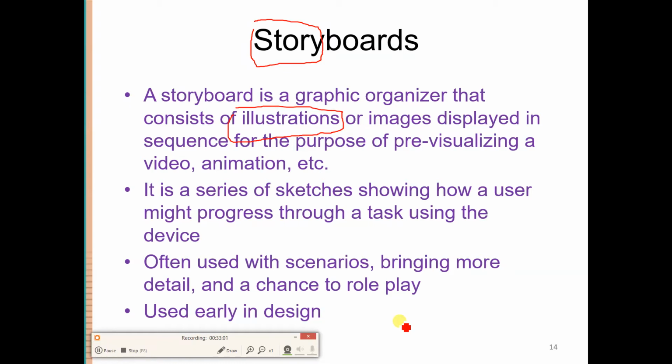First the user maybe has to log in, and then go to a certain tab, then fill out some details, and then maybe press a submit button. So we can create sketches to demonstrate these steps. Maybe one step is shown by one sketch or one picture, or sometimes more sketches can be required